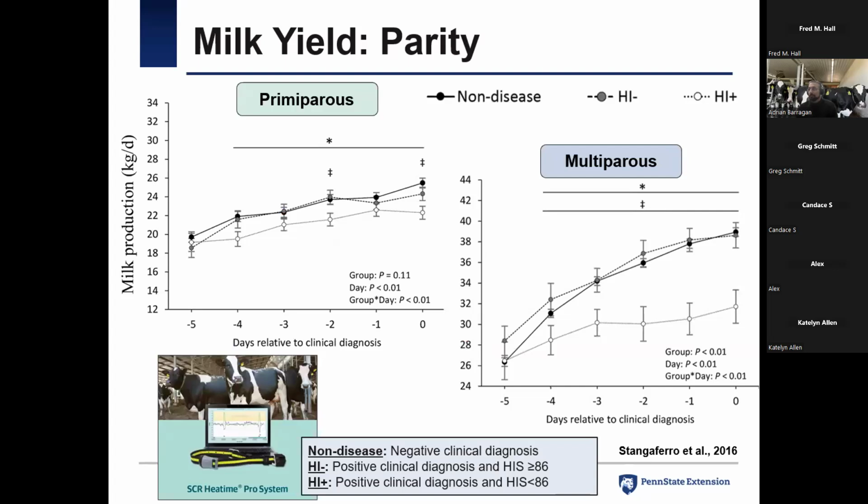All right, and now on the study that I mentioned earlier from Dr. Giordano, the Stanga First study, they looked at milk differences, and I already told you about that. One comment that I want to make here that is interesting is that they found a more profound effect on multiparous cows on milk yield, which to me was interesting because in our study for activity patterns, we found that primiparous cows have a more profound negative effect on those activity patterns. But with milk yield, it actually was the other way around. The multiparous cows have a higher drop in milk yield. So that was very interesting to see that discrepancy there.